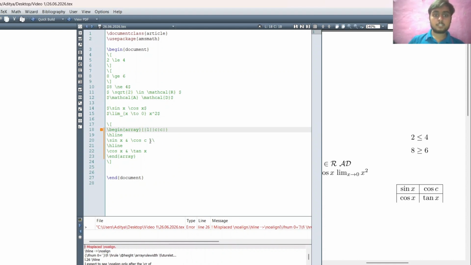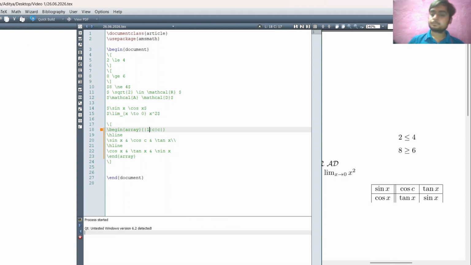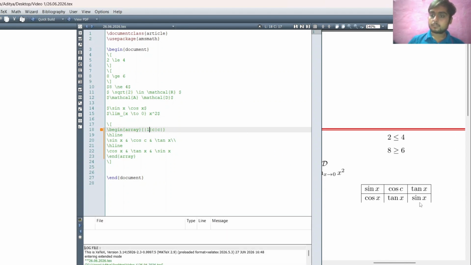Suppose I need to insert one more column. Oh, I hope now it is clear. Fine.